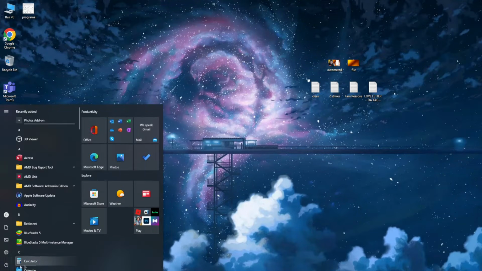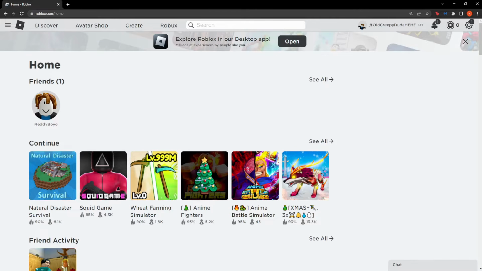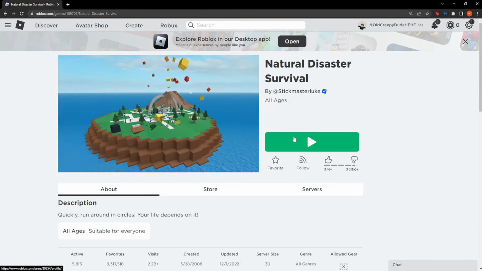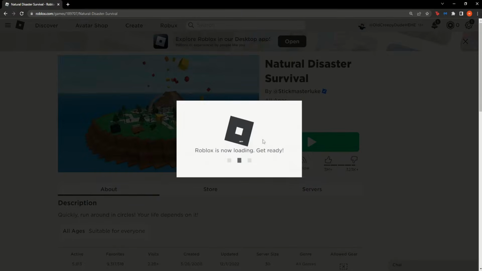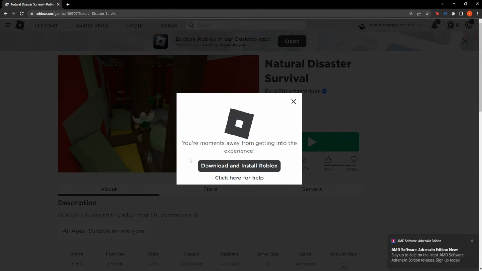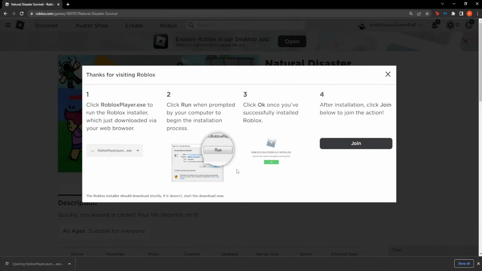restart your PC, and then after your PC has been restarted, you can go to the Roblox website, open up a random game, doesn't really matter which one. No matter which game you pick, it will detect that Roblox is no longer installed on your PC. Okay, so now you should get this message, download and install Roblox. It detects that we don't have Roblox installed, so simply download this, click on the launcher,